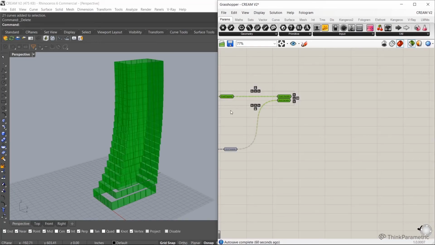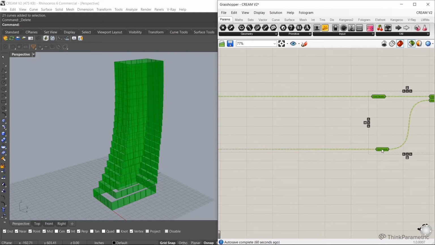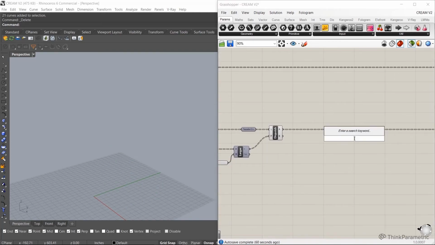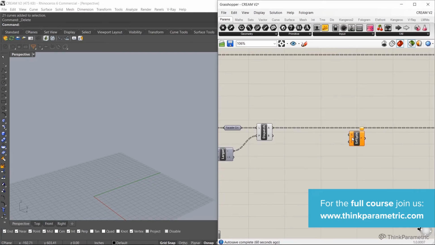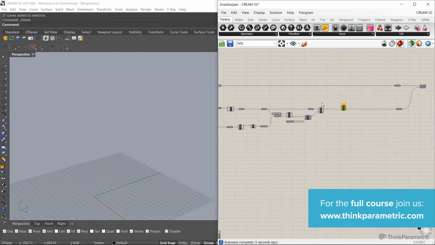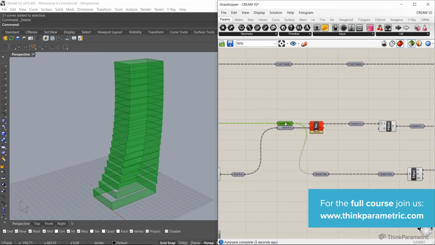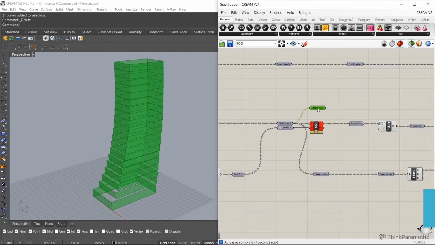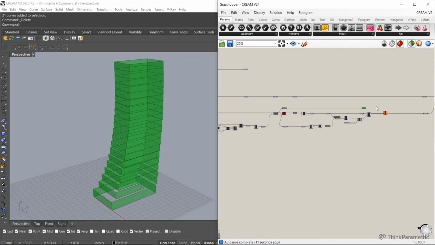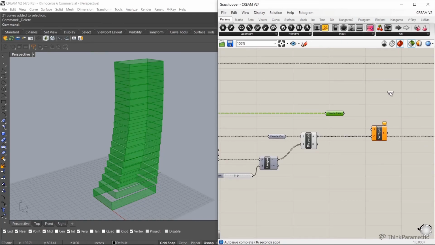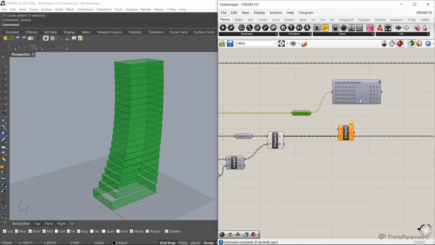So we have a grid facade. Oh, sorry, missed one step before we get to this point. Let's just move this on. Of course, we need to use our curves to split our facade. So that's the key thing, because we want to end up with a surface. So this is our facade. So I'm going to bring that across here. And always just double check our data tree is good. 80 and 80. Boom. Okay.